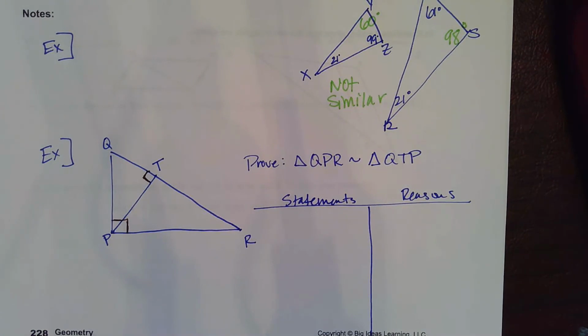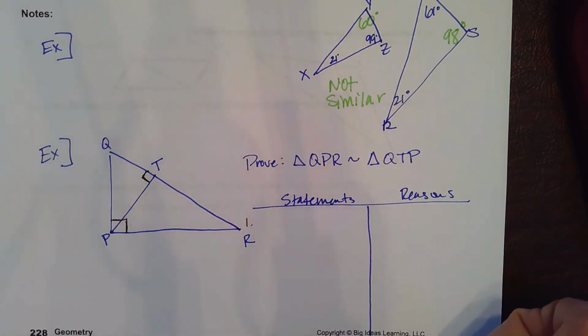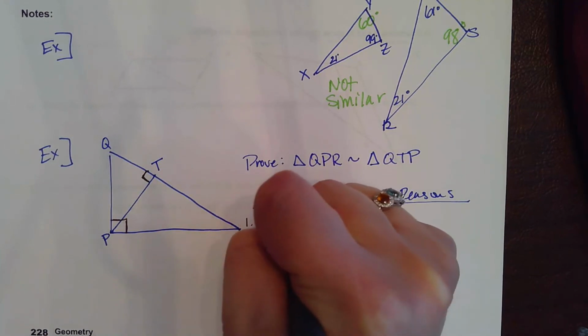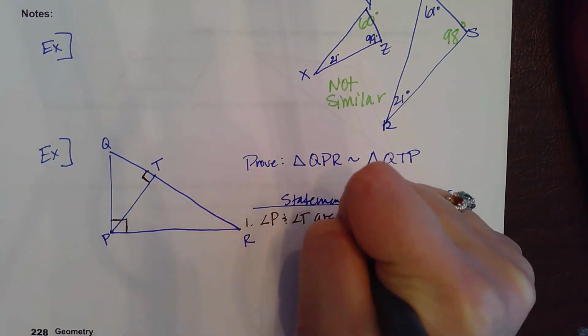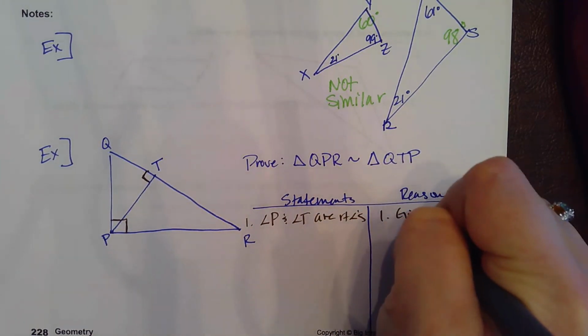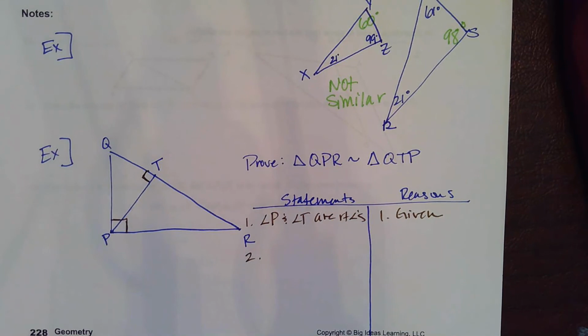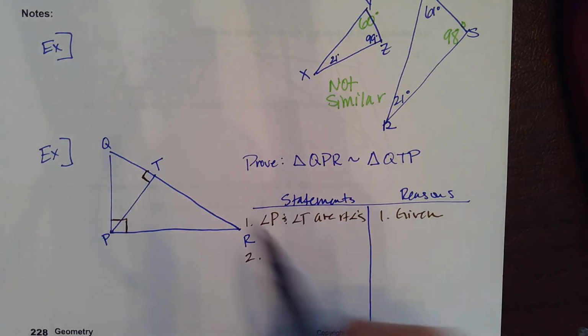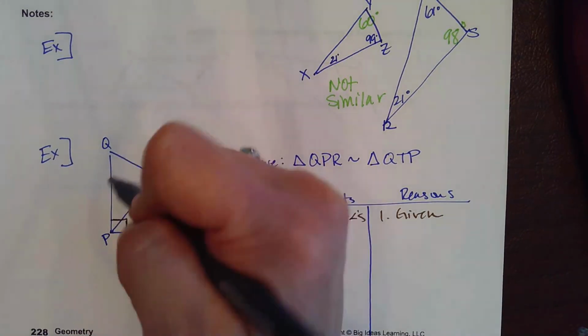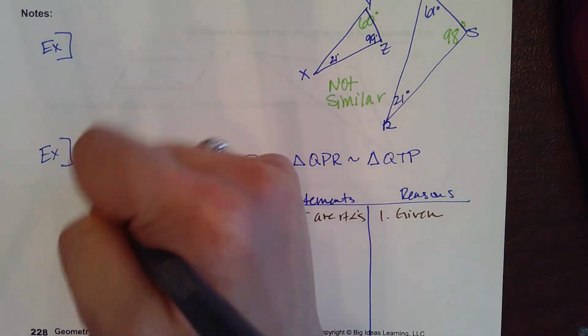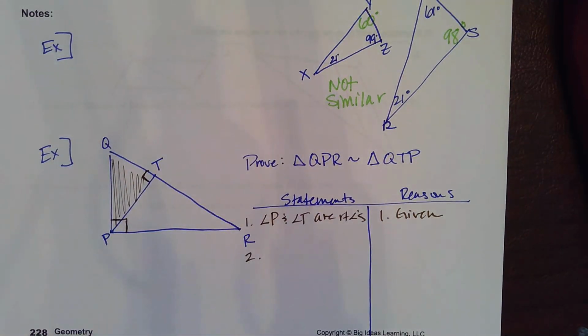All right, so let's start with what we were given. Since we were given a diagram, there wasn't a specific given. What you have to do is pay attention to what was provided in the diagram. So we were told that angle P and angle T are right angles. That's what I'm going to write down for my given. Our goal here is to prove that these two triangles are similar using angle-angle. What we're trying to prove is that QPR, which is the big triangle here, and QTP, which is the smaller triangle on this side, are similar. So we have to show that two sets of angles there are congruent. So even though we know that P and T are right angles,